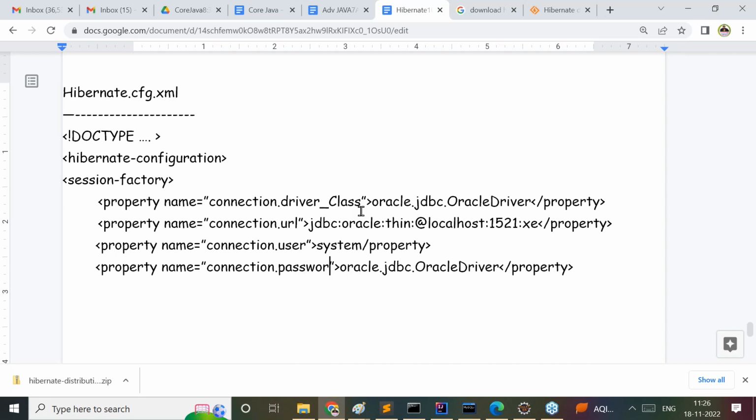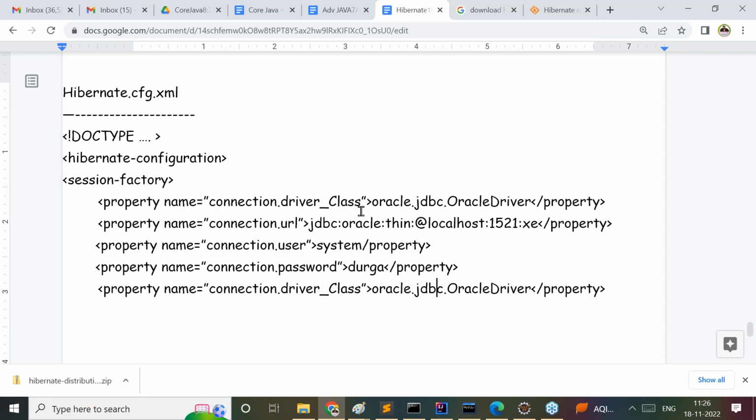Here we have to provide the connection password. The connection is not mandatory, we can change it anyway. Now here we can provide the driver. Then after completion of this, the next one is property dot